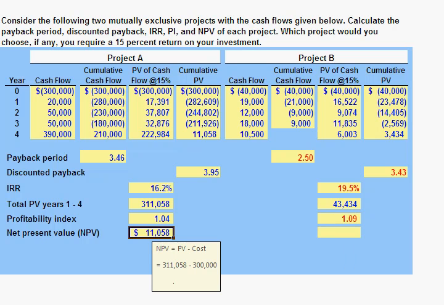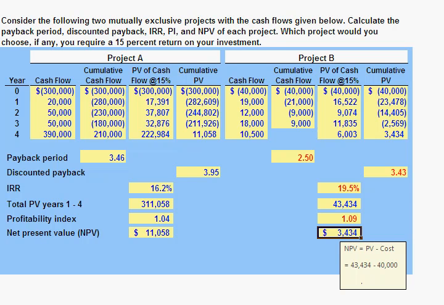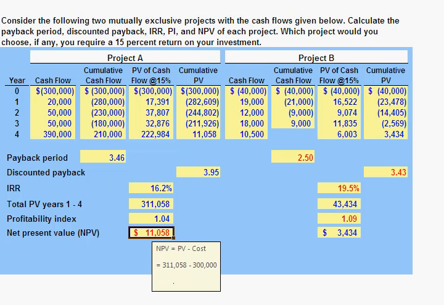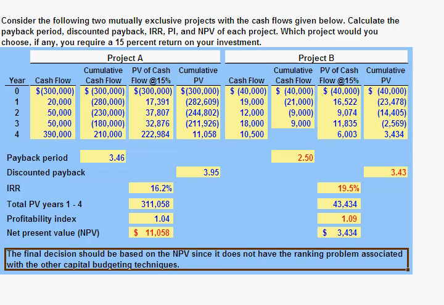The net present value is the present value of our cash flows minus the cost. The net present value of Project A is $11,058, while the net present value of Project B is $3,434. We would select Project A that has the higher net present value. In fact, the final decision should be based on the net present value since it doesn't suffer ranking problems associated with